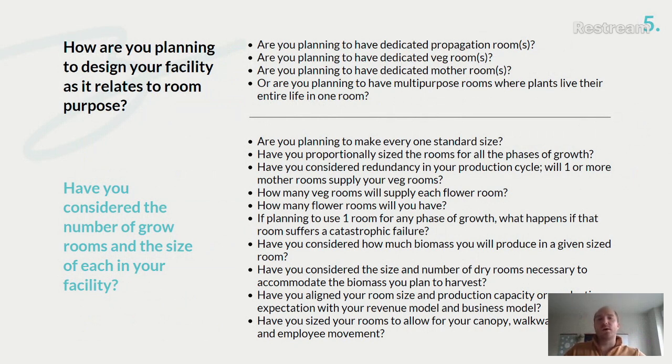If you know every single one of your rooms houses exactly this number of plants or exactly this square footage of canopy, you can then, at least as close as you can, apply a metric to that and determine how many grams per square foot, and then ultimately how many grams or how many pounds of flower you're going to be yielding from each room, and then ideally design all of your downstream operations from harvest, which would be your drying room, your trimming room, packaging, your storage vault, order fulfillment, literally everything else that happens after harvest.